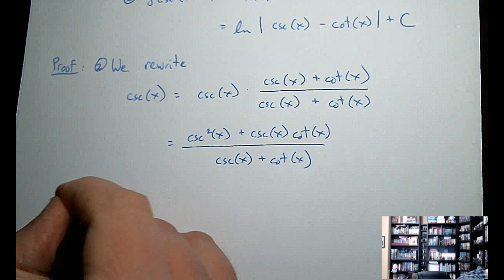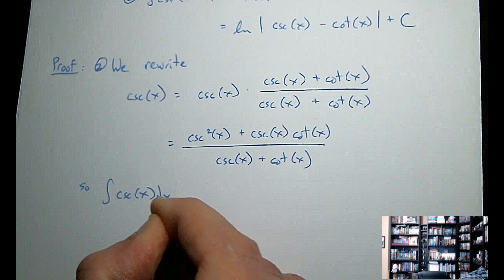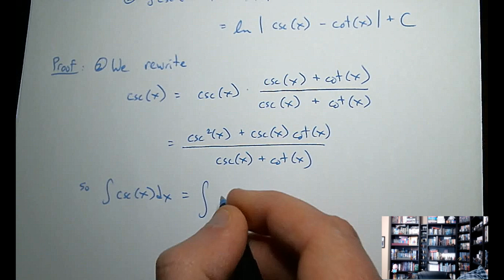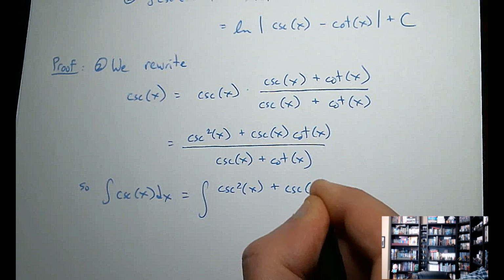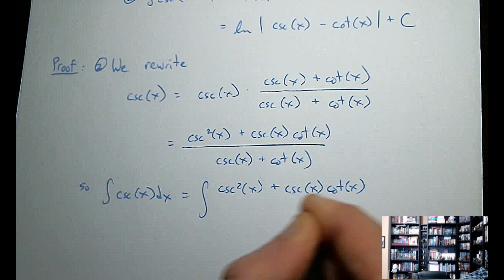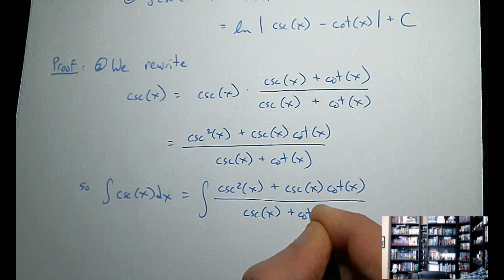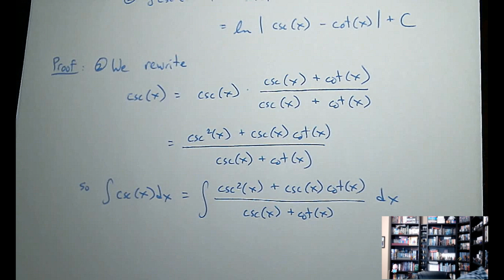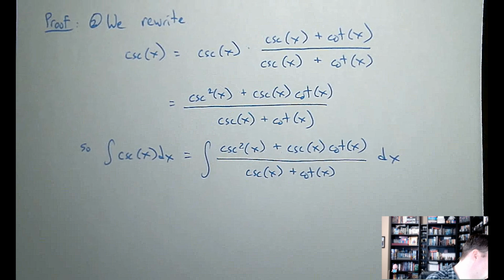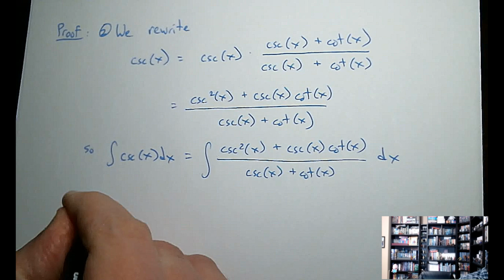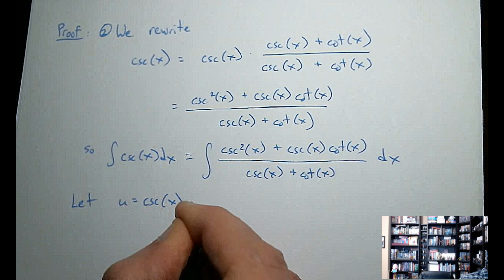And so, of course, this means that the integral of cosecant x is the same thing as the integral of this now suddenly kind of grotesque expression. But now we can take the same approach that we did in the last proof. We're going to let u again be the denominator. So if I let u be cosecant x plus cotangent x,